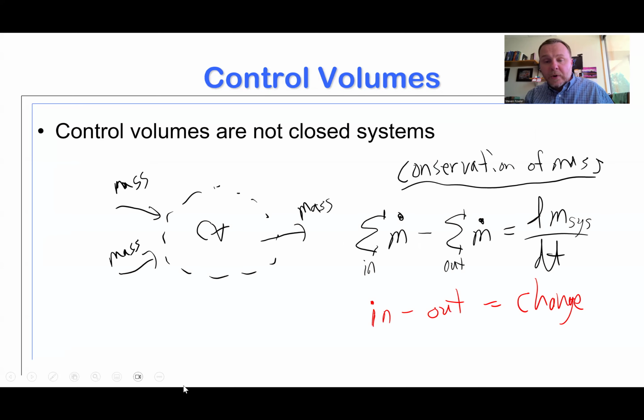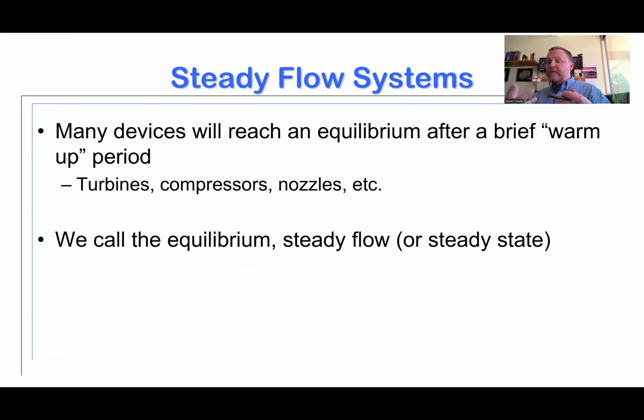There's a period of time where you have mass going into that garden hose faster than what's coming out. So you have a change in the mass of that system. So you have a period of time where the garden hose is filling up. The mass of that garden hose is changing over time for a short period of time. Now, eventually, if I leave that garden hose turned on, I'm going to reach an equilibrium where I have as much mass coming in as I have going out. I reach an equilibrium.